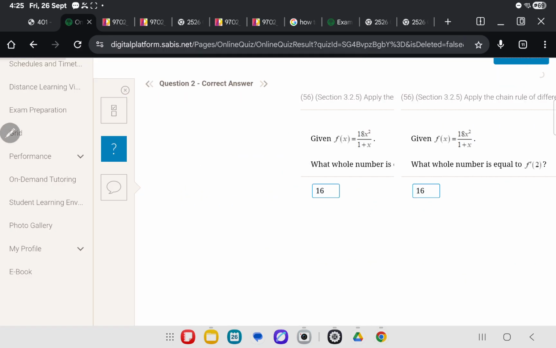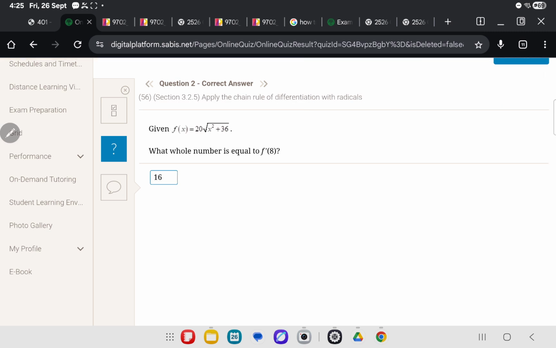Okay, question 2. Given f of x equals 20 radical x squared plus 36, what whole number is equal to f prime of 8? Okay, now here you might be thinking we might have to apply the product rule, which if you don't